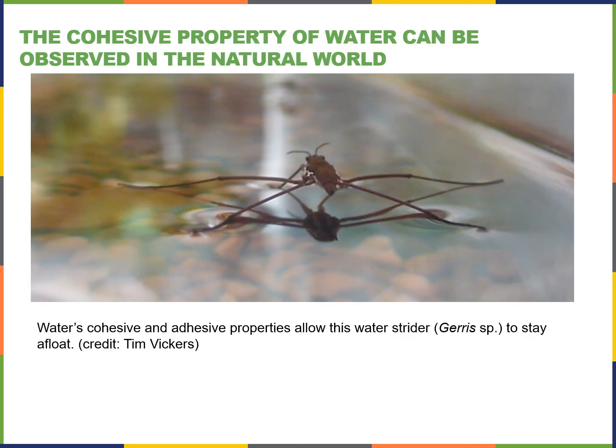That's why certain bugs, certain things can seem to float on the surface. You look at the end of the legs for this bug. You see the little dimples. It's spreading its weight out in such a way that it is not messing with the cohesive or adhesive properties of water. That surface tension is maintained, thus it can run across the surface. No other liquid that we know of will allow this to occur.